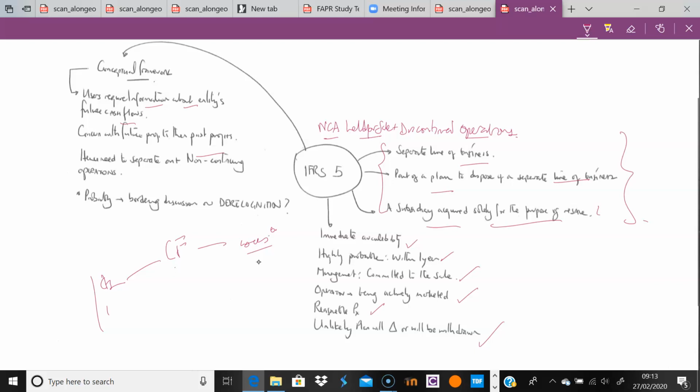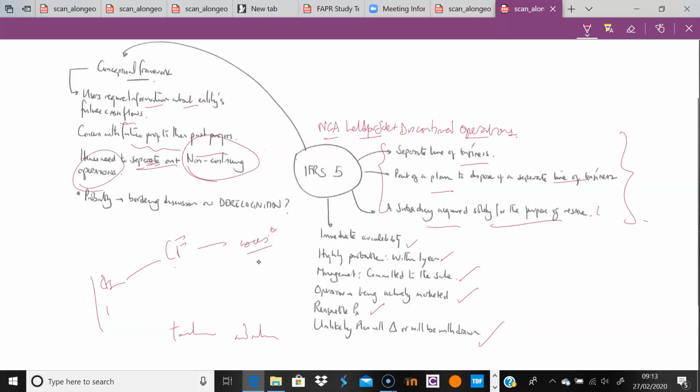So we had timeliness, if you like. Remember, we had understandability, everything trying to promote usefulness. Hence, because people are interested in the future, there is a need to separate the